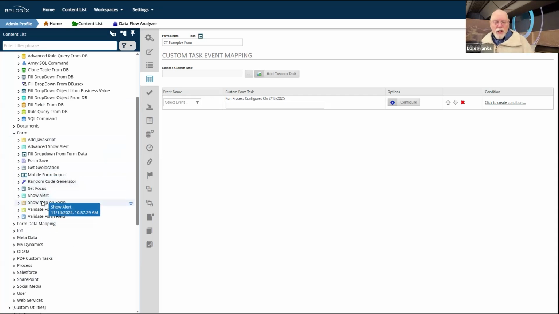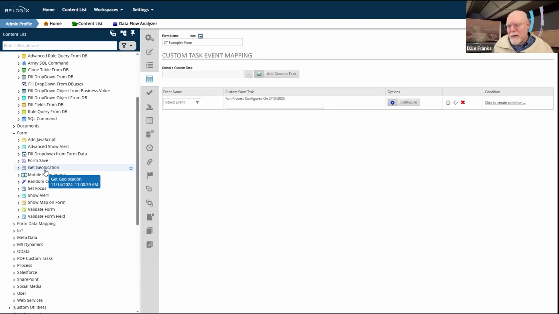There are some things like show map on form or get geolocation that really do need to run from the form. In both cases, I'm actually showing some data on the form that's based on either the user's location or some input. So obviously those are modifying the form, so those would have to be run from the form.